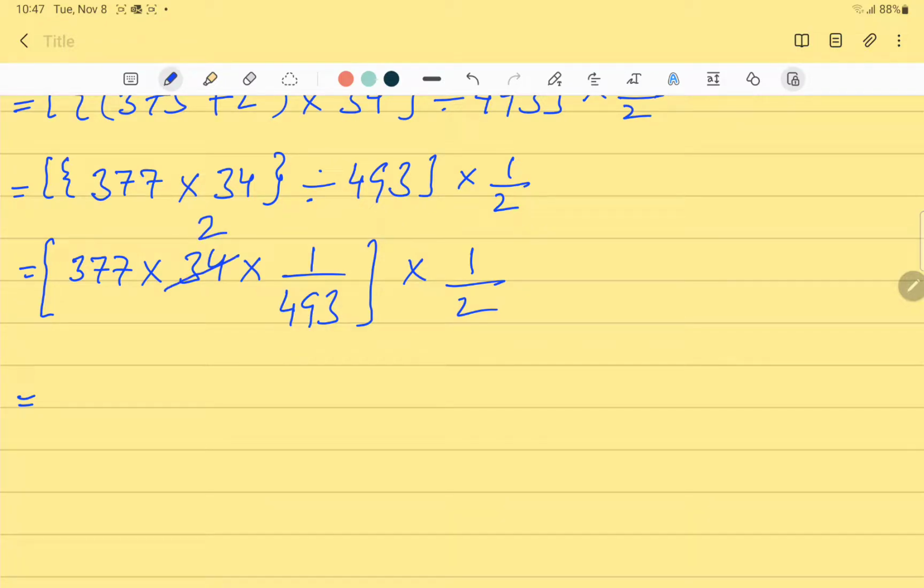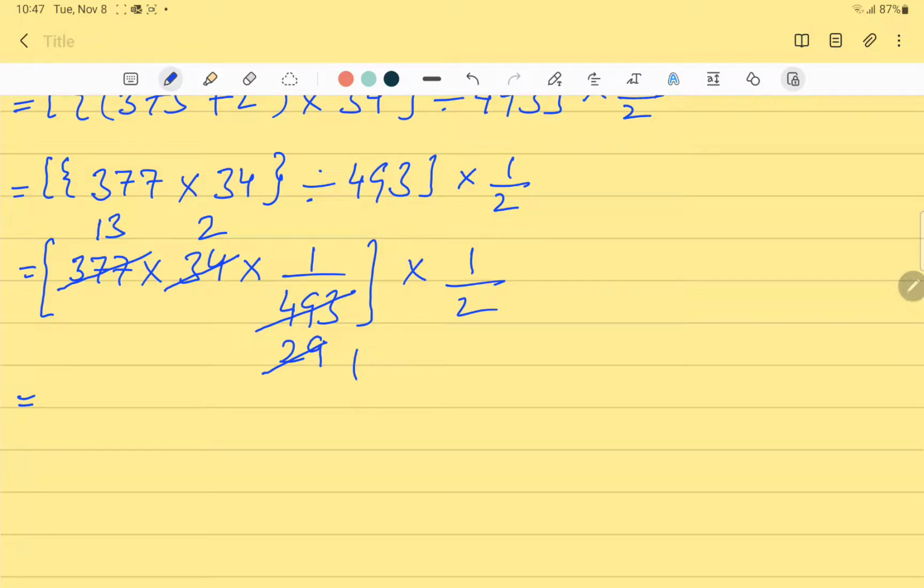So 17 2s are 34, 17 2s are 34 and remainder is 15, so it will become 153. 153 is divisible by 17 with 9. Now this 29 is also divisible, 29 divided by 29 is equal to 1, and 377 is also divisible by 29, and the answer is 13 in